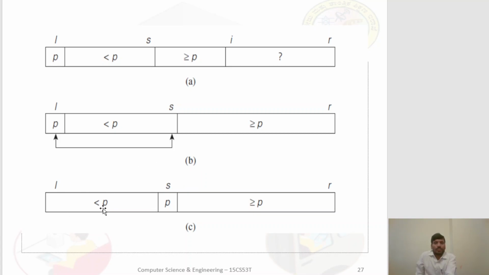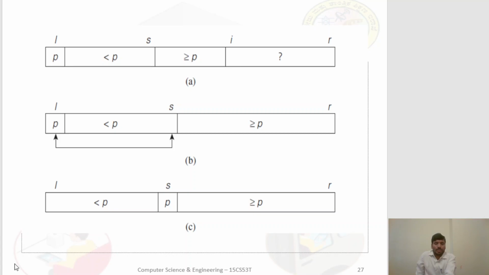So there we find a split position such that left side elements of the split position are less than the split position or value, and right side values all are greater than that split position value.